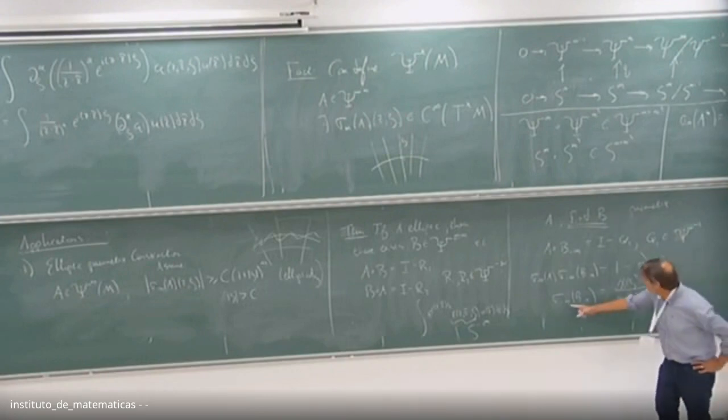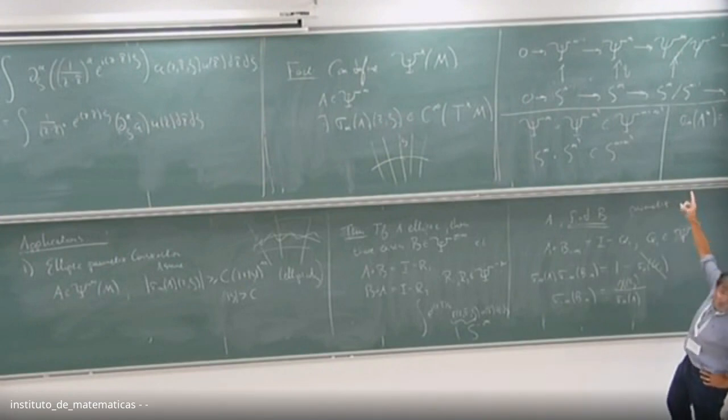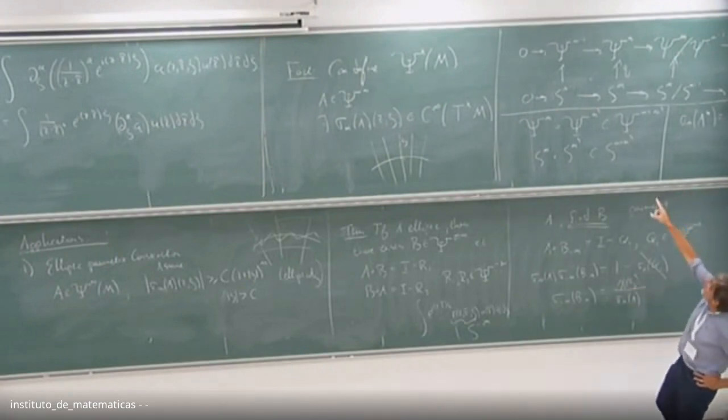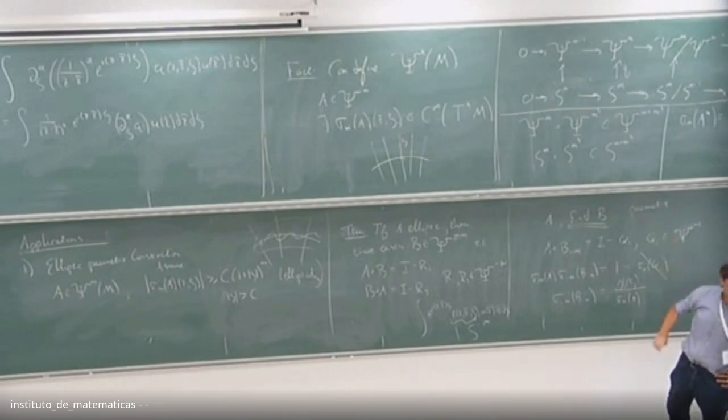Now, what I've done is I've defined the symbol of B minus m. I go back and look at my diagram, which I fortunately didn't erase yet. I have a symbol of order minus m. I can lift it to a pseudodifferential operator of order minus m. It's not quite well defined. It's well defined modulo things of one lower order.